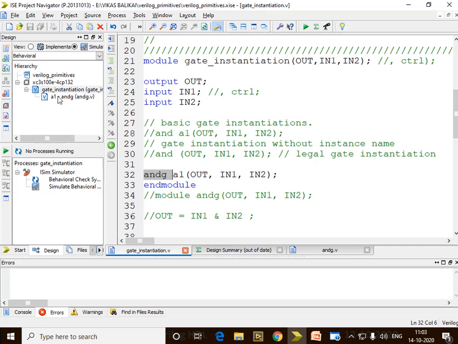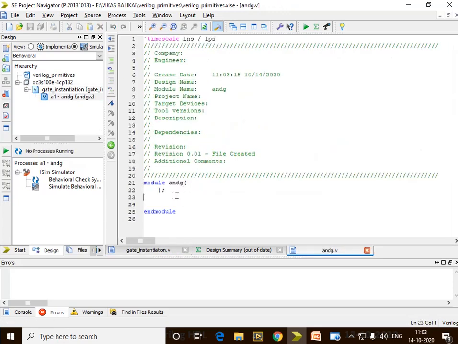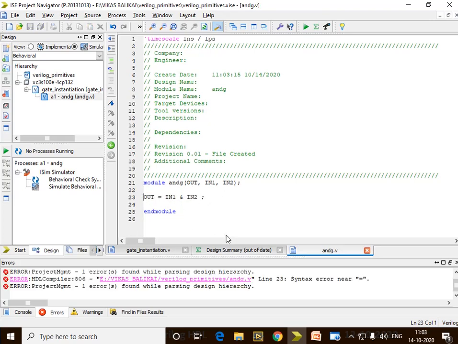I created a new Verilog program over here, and then I'll just write this program, which means now I am defining that ANDG is going to behave like this. Oops, there's an error.